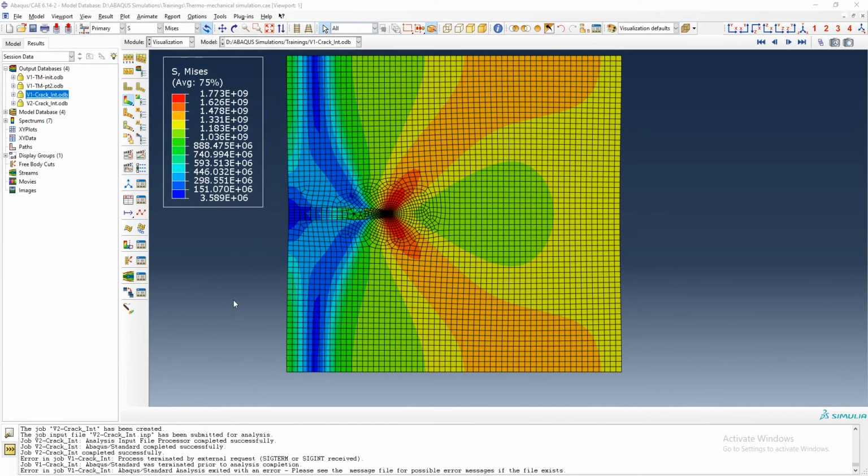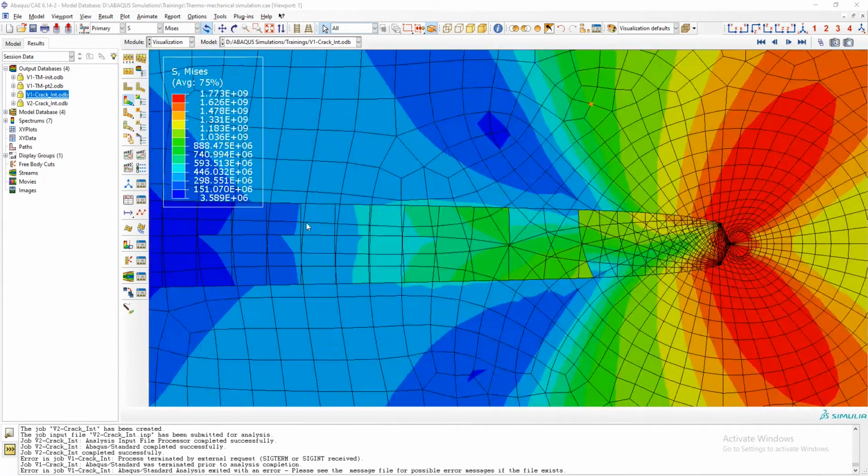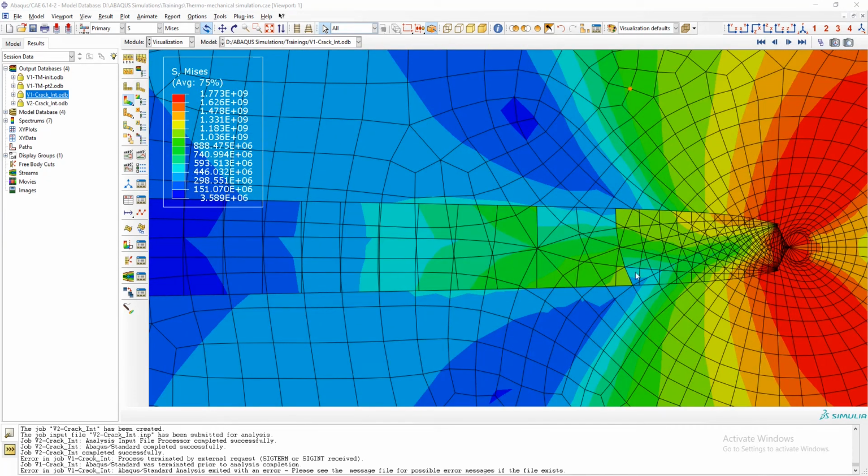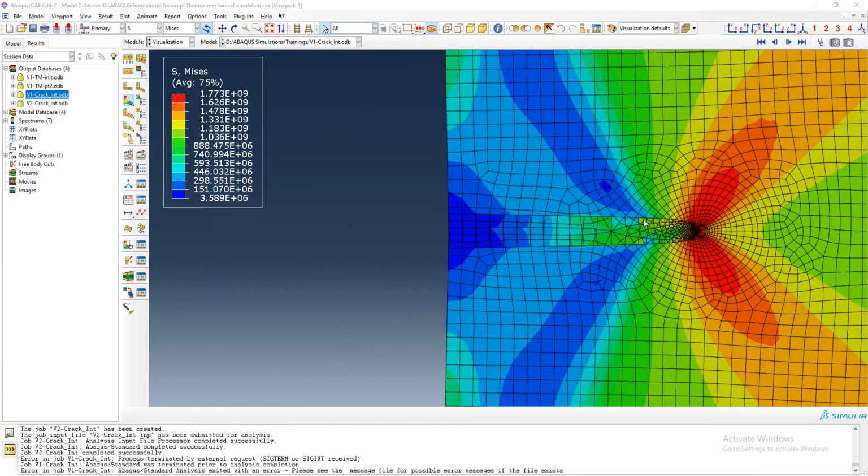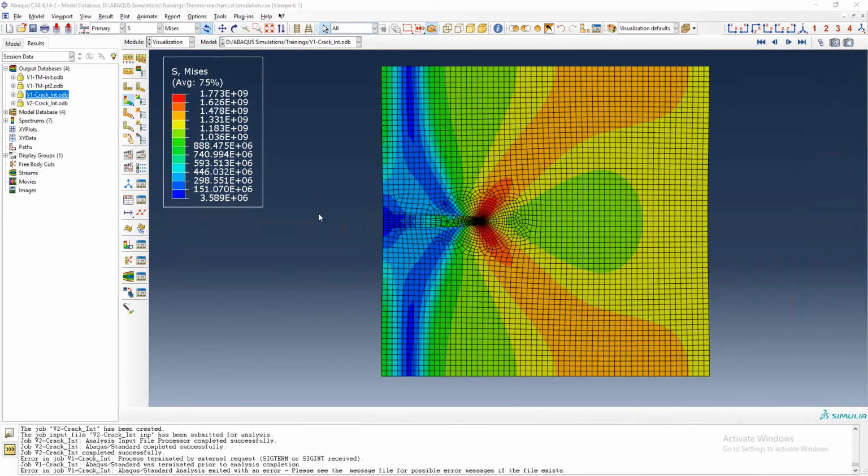Okay, so it was taking quite long to solve this problem, as there is an issue here with the mesh and the crack tip. Probably due to mathematical instabilities, the simulation convergence takes time and is not solving quickly. So this is also a problem. You can see that when there is no crack interface defined, it was taking, I think, more than 15 minutes. But on the other hand, when the crack interface was defined